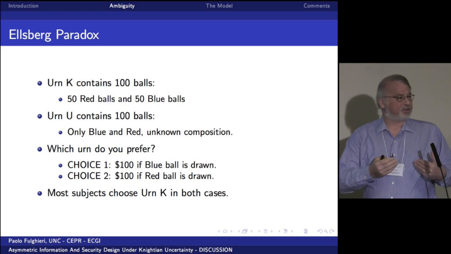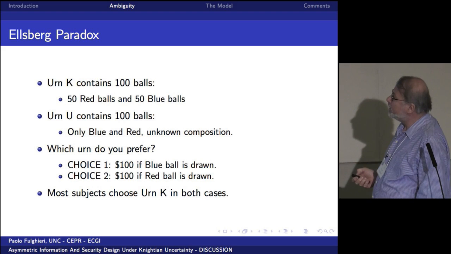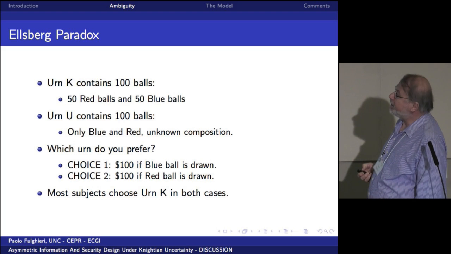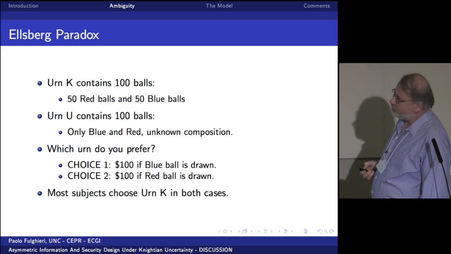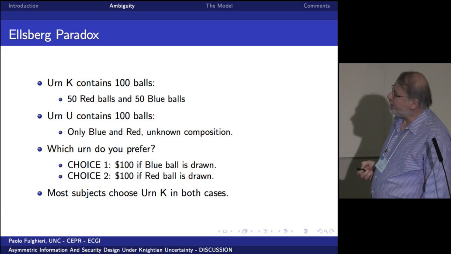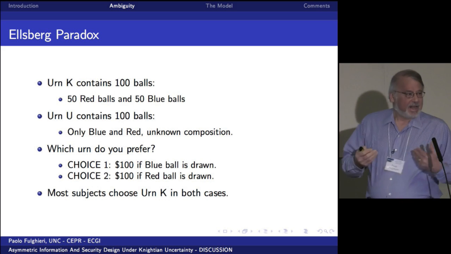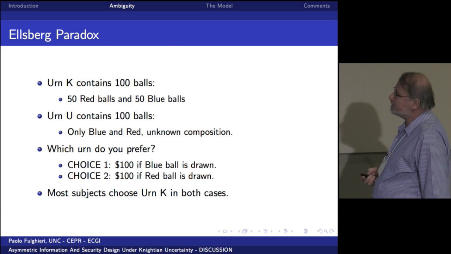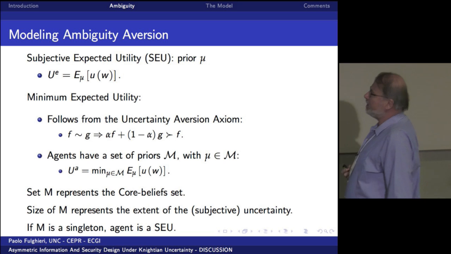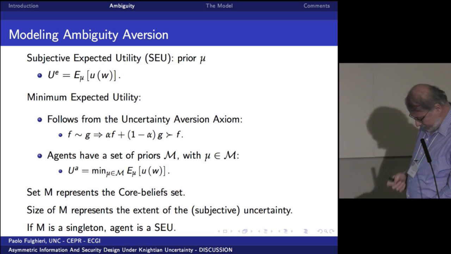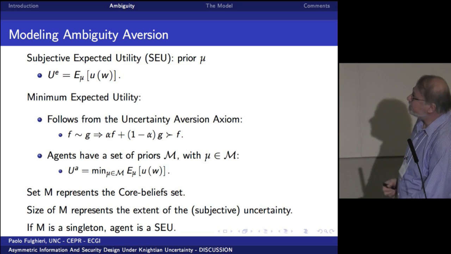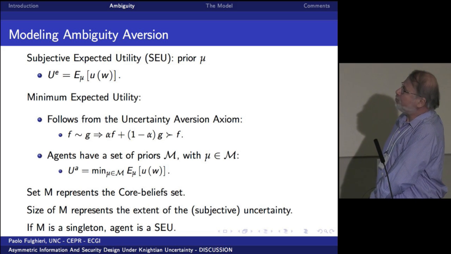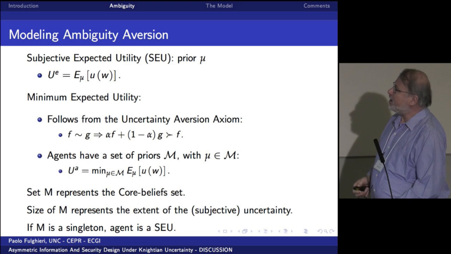And then nature works against you, in a way that when I'm confronted with this lottery, nature puts more red balls here. When I'm confronted with this lottery, then nature puts more blue balls here. And that's one way to make sense of or explain this paradox. So the next step is, under subjective expected utility, the decision maker has a prior mu